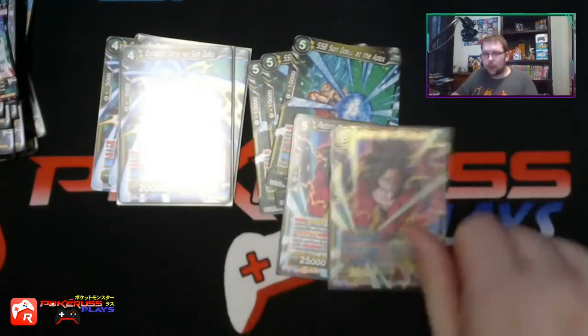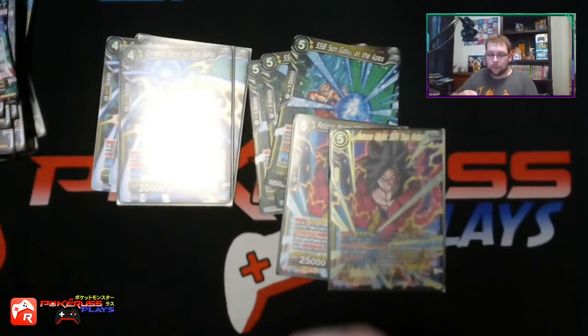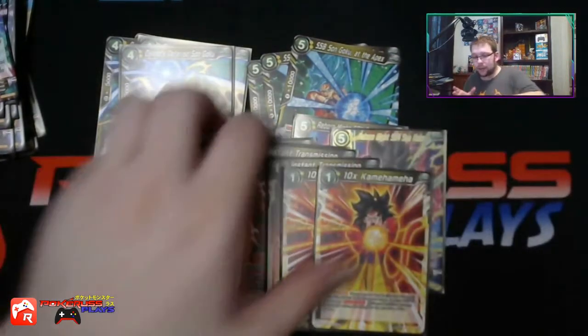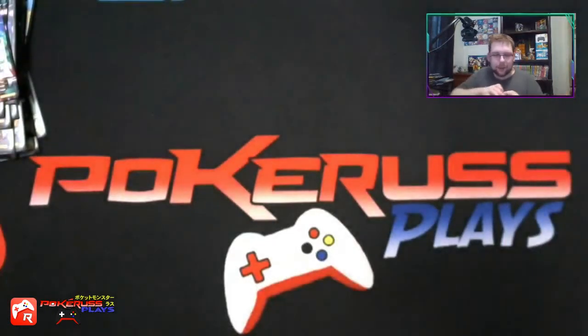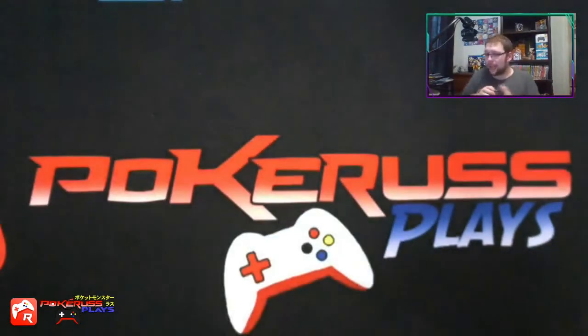2 copies, 1 holo, 1 non-holo of Reborn Might Super Saiyan 4 Son Goku, 4 copies of Instant Transmission, and 2 of 10 times Kamehameha. If you see the cards that are sleeved, obviously you kind of are starting to get the idea that those cards are a bit more important, and those are cards that are actually going to make it into the next step. So out of the cards that we've shown,